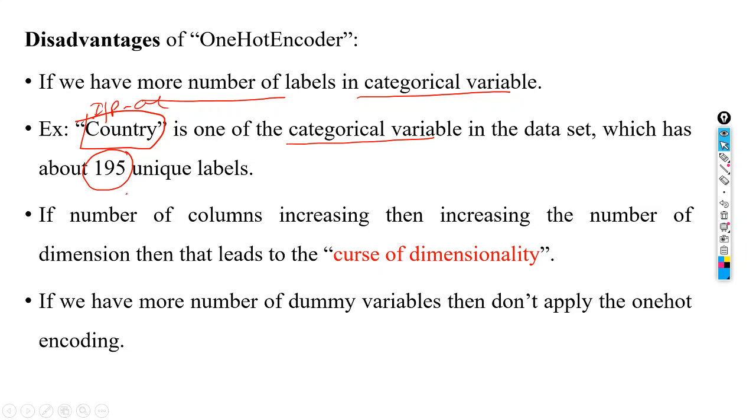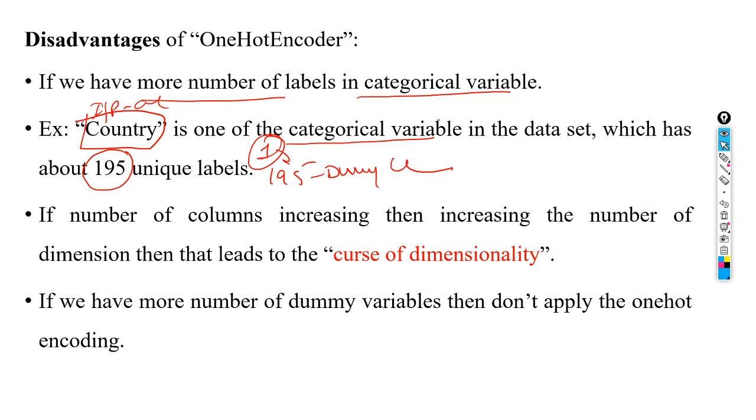I want to take the data about all countries. At that moment, if you apply one hot encoding, what will happen? 195 unique labels means 195 dummy variables will be created. Actually one categorical feature will be turned into 195 dummy variables.